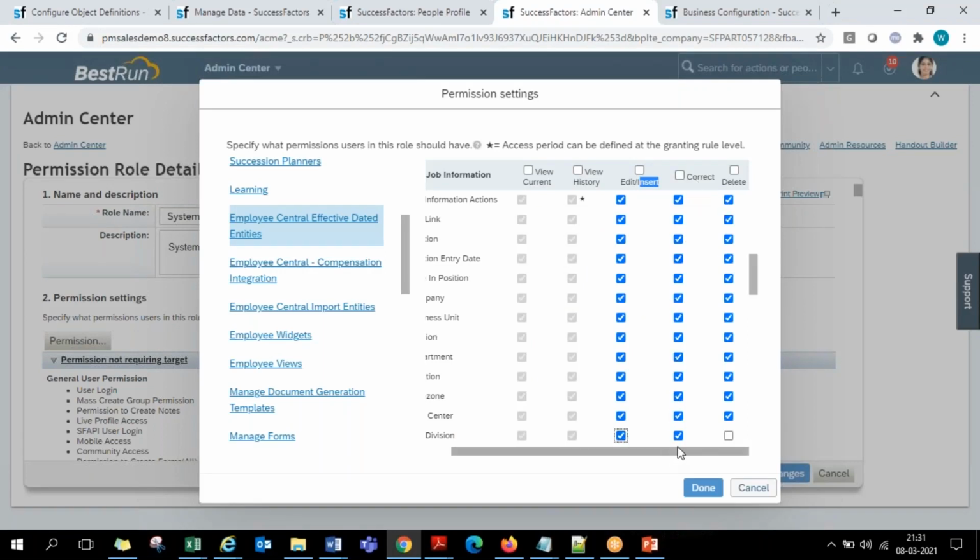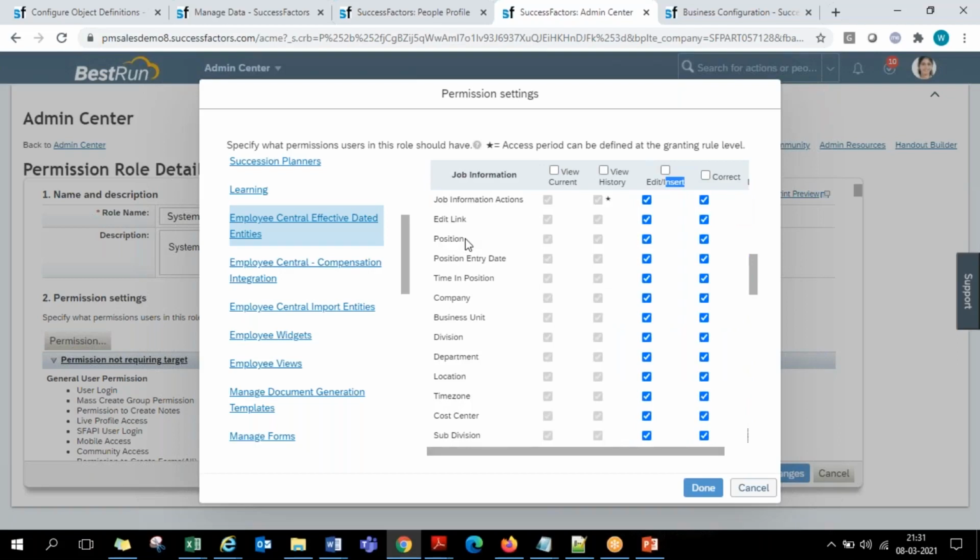On the existing data only, if it has to be corrected, then this is the correction checkbox. First two are view, next two are inserting and updating, and last one is delete. If the entire record has to be deleted, you should have delete access to all the fields of this portlet, then only the entire record can be deleted. So like that, five checkboxes will be given for each and every field level in these EC core portlets.